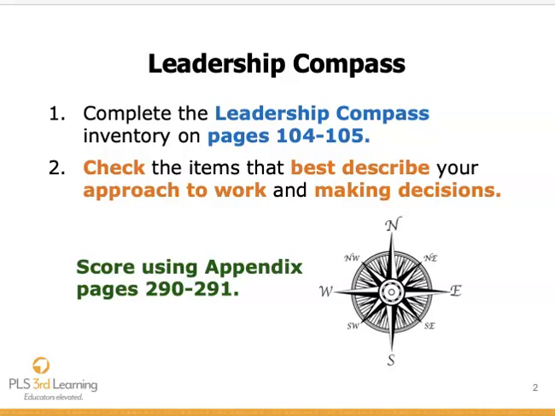Be selective. Locate Appendix pages 290 and 291 to score your inventory and write your totals on the bottom of page 105. A copy of this inventory is available in the Course Library Appendix and Course Folder files for use in the classroom. You may find that your scores are slanted heavily toward one direction or are a combination of two directions. Usually, we learn to integrate and work with a third direction when we need to get the job done. Almost always, there will be at least one direction,